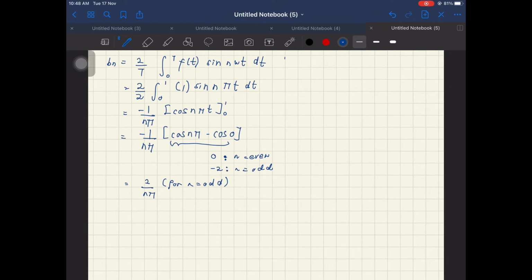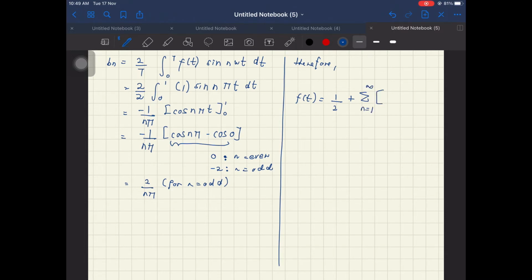Now you already obtained a naught, an, and bn. So the final thing you have to do for the first part is just write everything back until n equals to 5, or we can say until the fifth harmonic of the Fourier series,